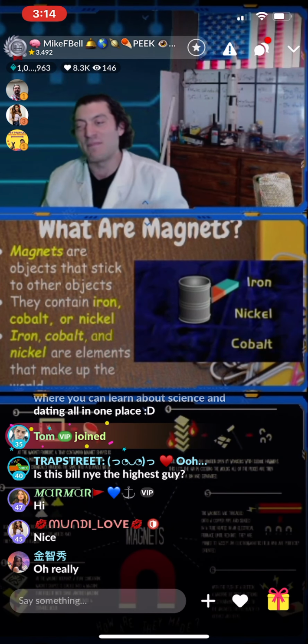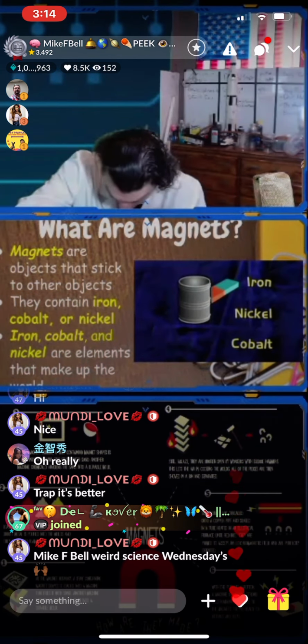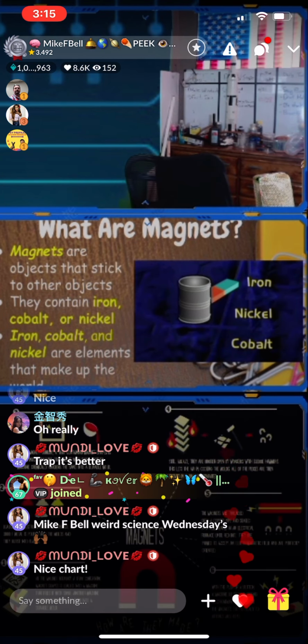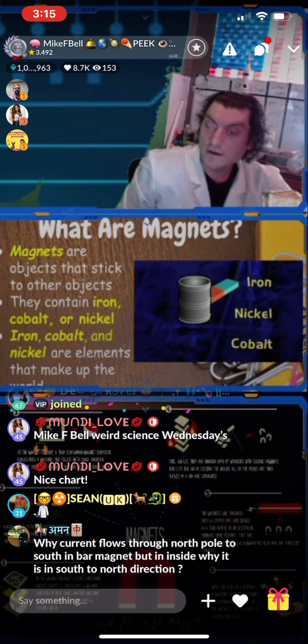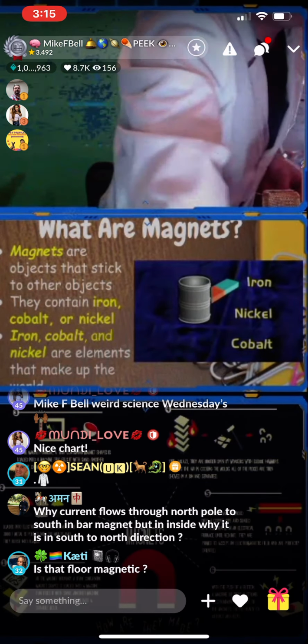Magnets. So they stick together, right? And magnets are made with like a sand, and they fuse them together. And what's weird is you can actually destroy a magnet pretty easily. So if you take this magnet and drop it on the floor, because oh well, it's not a big deal. Because oh well, oops. Current flows through, and